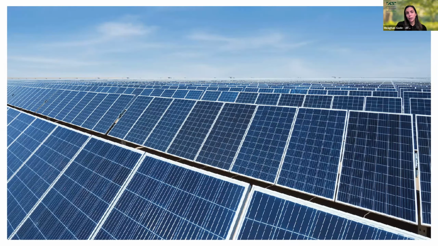I also want to note that there are two primary types of solar. The one that I'm showing you here is called photovoltaic, or PV, solar. This is probably what you're most familiar with. This is what the rooftop panels are made of. When the sun hits these panels, there's a chemical reaction that essentially generates electrons that can then go onto the grid for us to use.